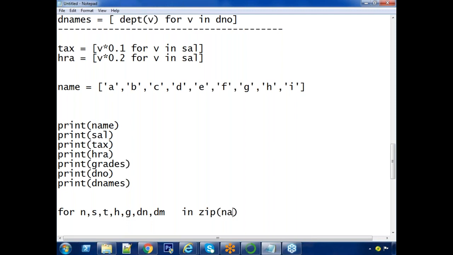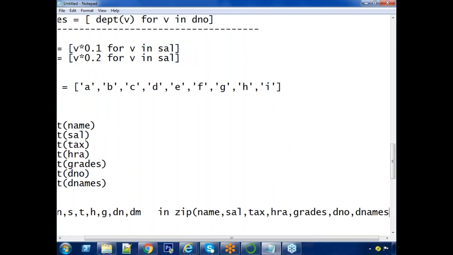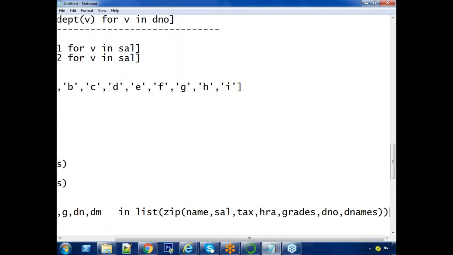Totally 7 lists. First element to first element. All first elements will be mapped. All second elements will be mapped. 1 to 1, 1 to 1. Understand? But zip is not iterable. That's why converting that into list.